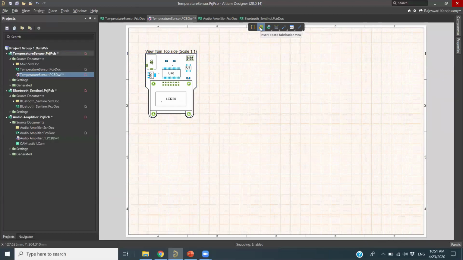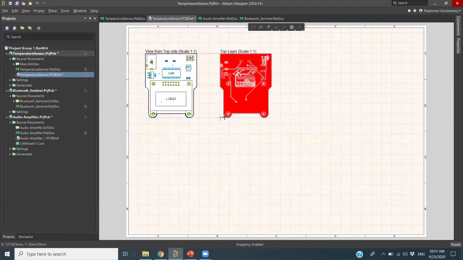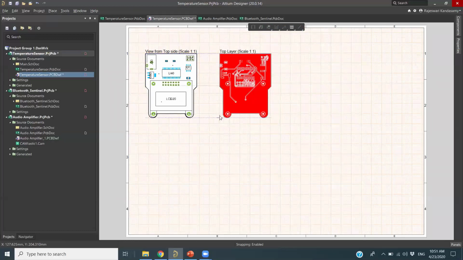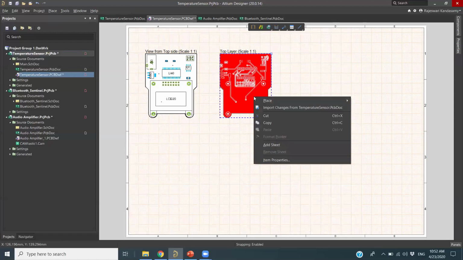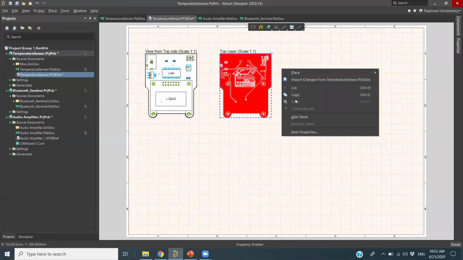Now I'm going to place my fabrication view. Go to the active bar. You will see there is insert board fabrication view. Just click on it, then you can bring it in. When you bring that, you can see it can be aligned here to the assembly board. It comes from the source document of the top layer, so you will see top layer here. If you want to edit it or have all the other layers, you can copy and paste this layer. Just right click, copy, then right click,